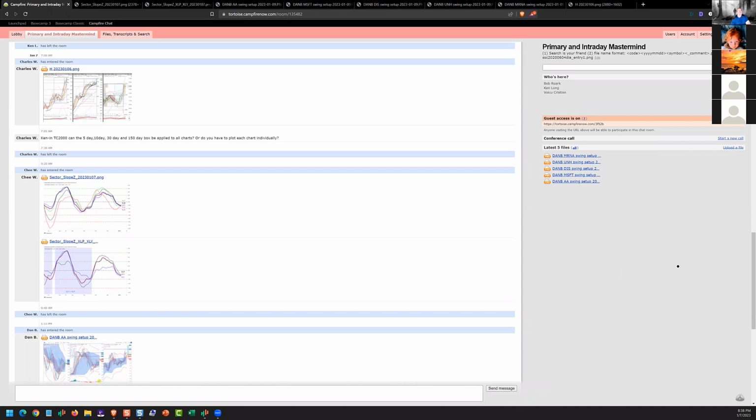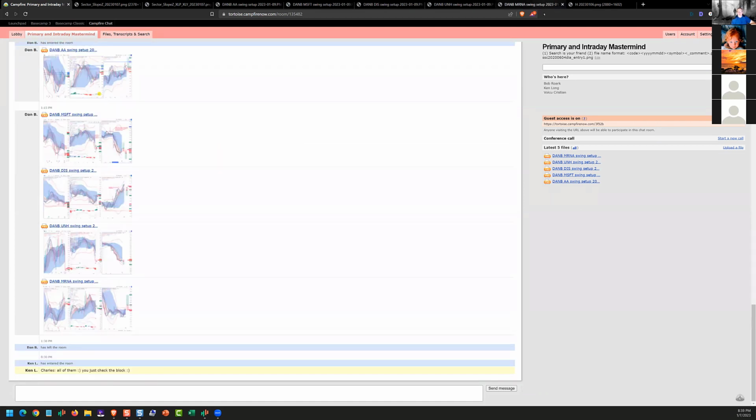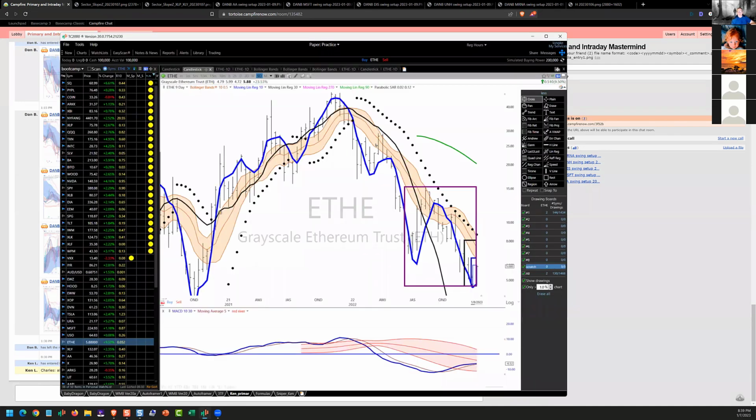In Campfire, Charles asked, in the TC 2000, can the 5, 10, 30, and 150-day box be applied to all charts, or do you have to plot each chart individually? So the answer is you can apply it to all of them at once. You just check the block when you're adding a box. For example,